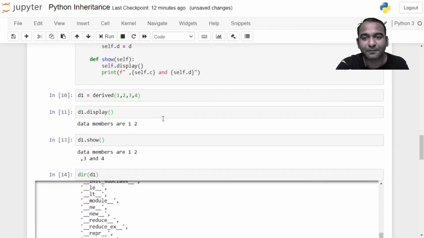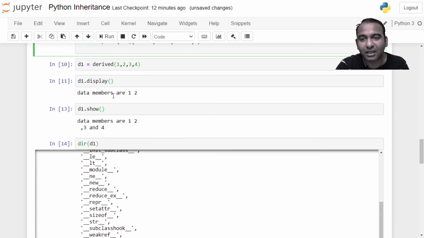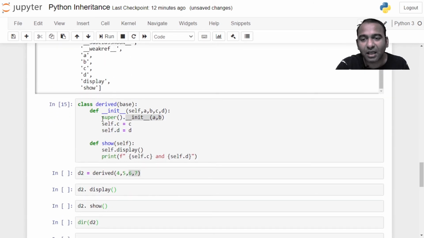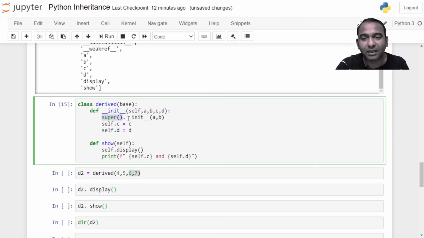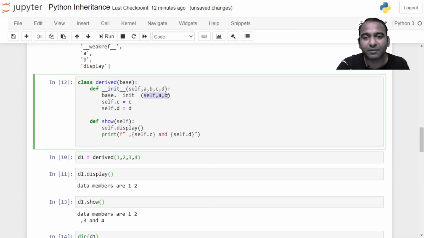See the difference. We are not writing the base class name directly. We are writing the super method, which will call the constructor of the base class, and you don't have to give the self argument here. Earlier we needed to provide the self argument.